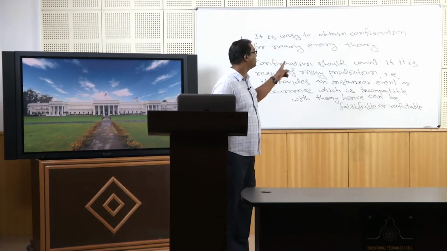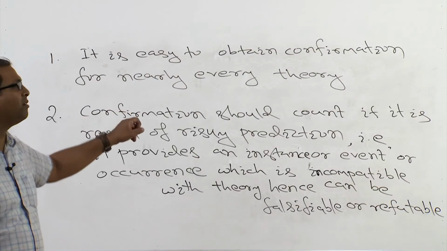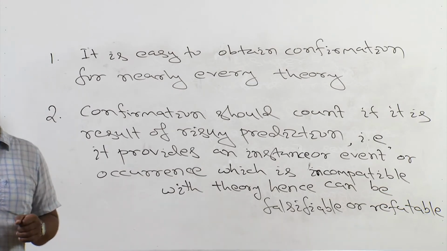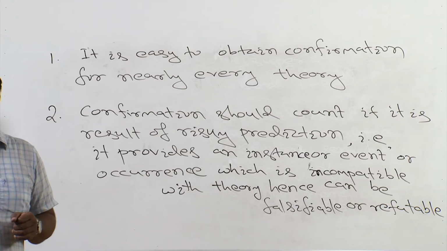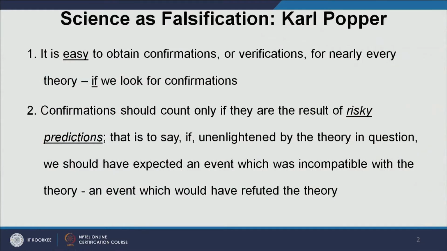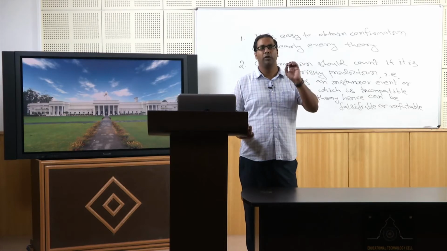Second, confirmation should count if it is the result of risky prediction. That is, it must provide an instance or occurrence or an event which can be falsifiable or which can be refutable. Example, Einstein's theory of gravitation. He says, it is the result of a risky prediction that the light gets attracted by heavier bodies, and hence the original location of the stars